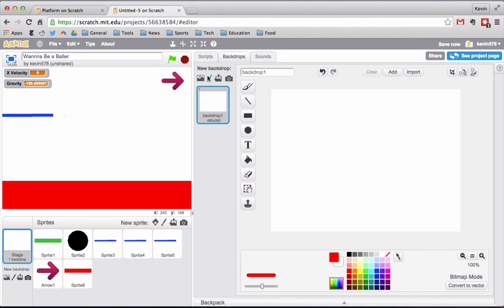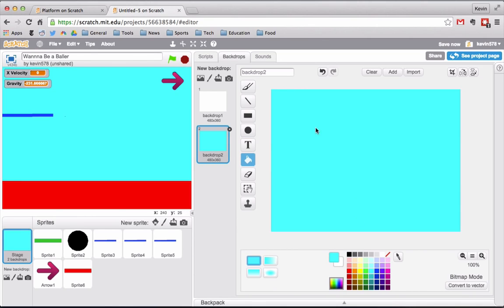And I'm just going to have a white one too. So new one. And I will just paint it a nice blue color for winning the game. Winning the game. And I will have a little